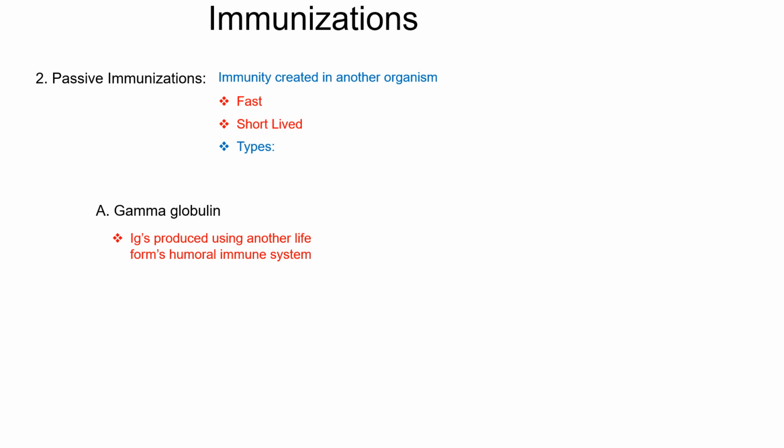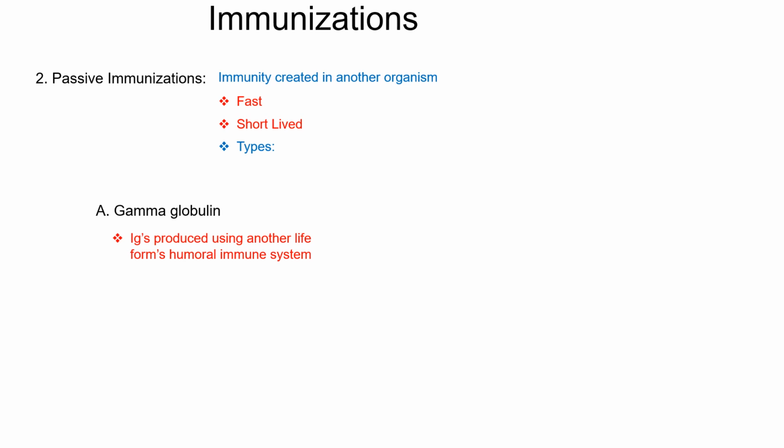We spin it in a centrifuge to separate the blood, the cells, from the plasma. And now in the plasma, we are going to run that through a filter and remove the antibodies. Those are put into a saline solution, and now we inject them into our soldiers. Now that means for about 3 months, they're going to be protected against anything they may encounter in that foreign land. The problem is, if they're there for longer than 3 months, they'll have to be re-immunized with the gamma globulin to give them further protection.